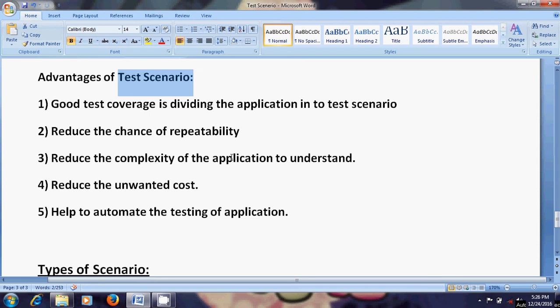Second, low level test scenario. Friends, it is like exploratory testing in which you study the whole thing in detail. So, two types of scenarios: high level test scenario that includes the major part of the scenario, and low level test scenario that covers the detailed part of the scenario. So friends, this is all about the test scenario.